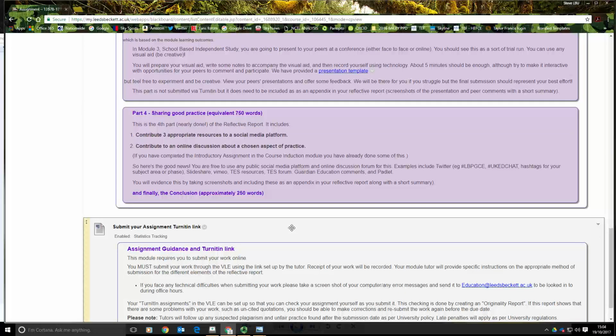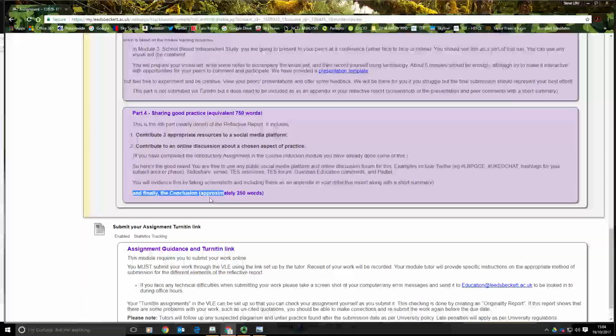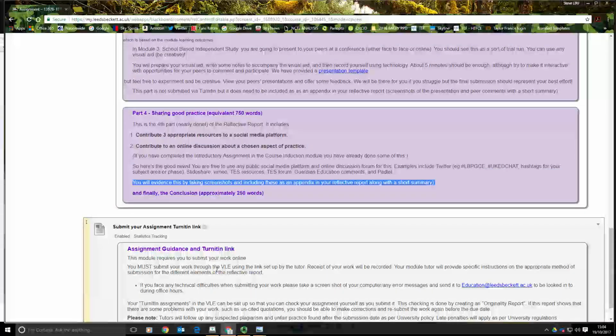And again, just with the last one there, everybody has to have evidence, so we have to know that that's taken place. It would take us days to actually go and find it. So just you taking some screenshots and dropping them into your appendices would just allow us to know that you've actually done that. So it's light, it's 250 words. Again, that's equivalence.